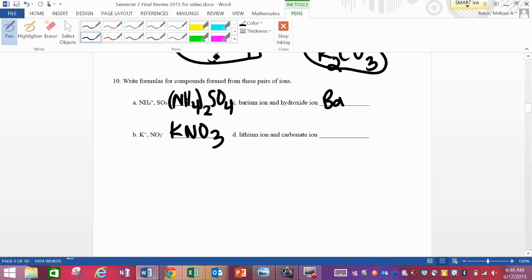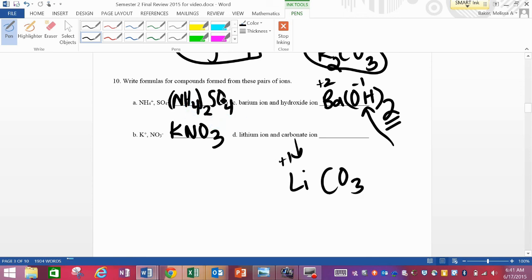Barium hydroxide. Barium's got a +2 charge. Hydroxide's a -1. So this is Ba(OH)2. Remember, you need parentheses because it's more than one polyatomic ion. And finally, lithium and carbonate. Lithium's a +1. Carbonate's a -2. So this is Li2CO3. That's it for part